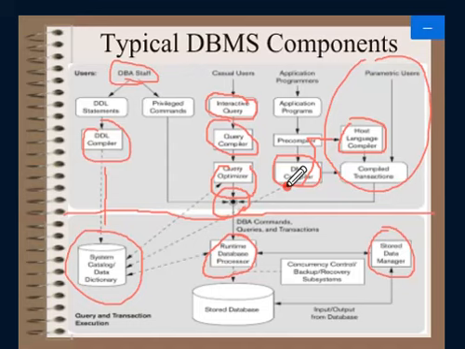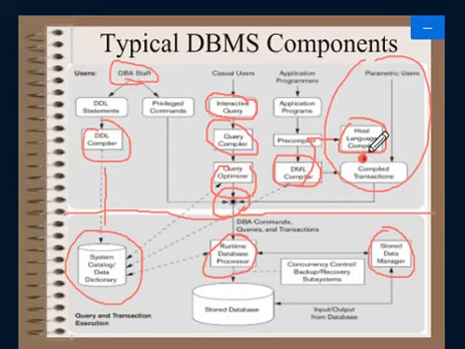So when I give the commands to the DML compiler, what will the DML compiler do? The commands are sent to the DML compiler for compilation into object code, object code for database access. The rest of the program is sent to the host language compiler. The object code of the DML commands and the rest of the program are linked, forming a canned transaction.